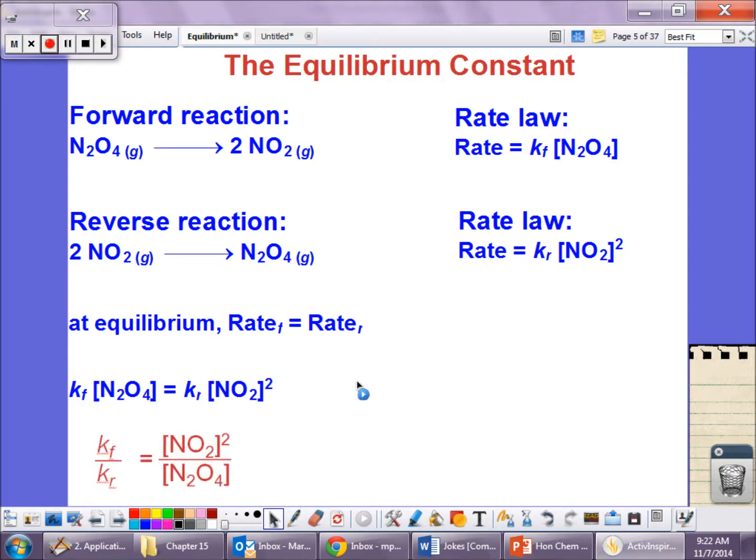If we put our rate constant on one side of the equation, we can write rate forward over rate reverse equals NO2 squared over N2O4. If you crisscross right here, you will see it is the same thing here. And because this is a constant over a constant, we can write,